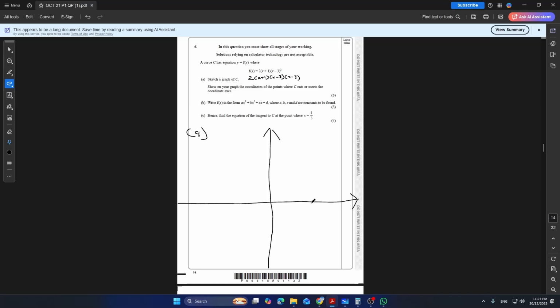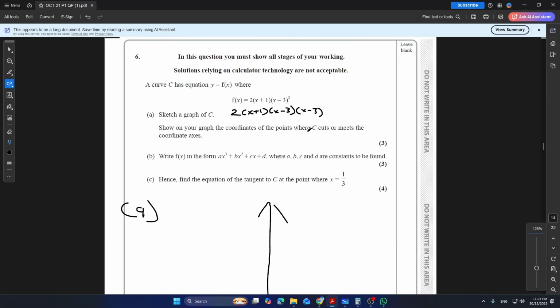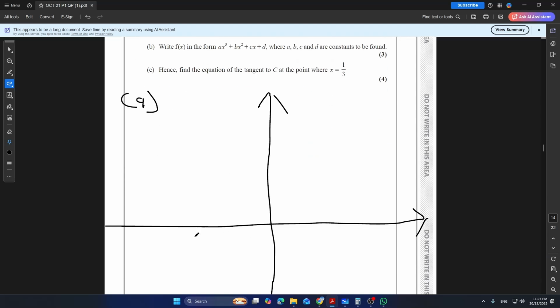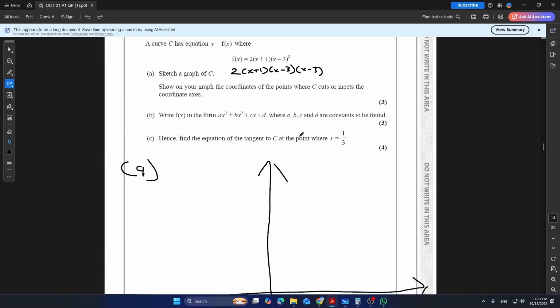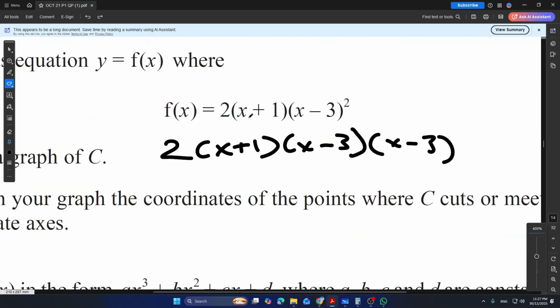Okay, sketching the graph. So let's sketch this graph and see how it goes out. Well, first of all, it wants us to sketch the graph showing all the coordinates of the points where C cuts or meets the coordinate axes. Means every time it cuts the x or y axis, it wants to know the point at which it does. First of all, you know that it's a cubic, and it's a positive cubic graph, because if I multiply x times x times x, I get x cubed. So this is an x cubed graph. To find the points where it crosses the x-axis,